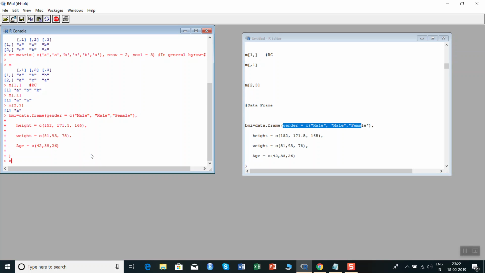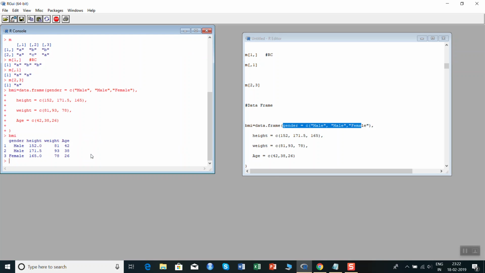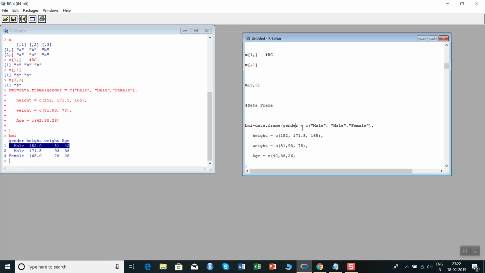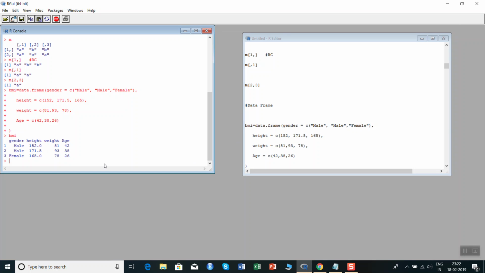Okay, let's see what BMI gives. Yeah, it's giving correct, right? So you know that the first person is male, his height is this, weight is this, age is this. So corresponding values, male 152, 81, 42, like this it is coming. Now suppose we don't want to pass like this, we can do another thing also.